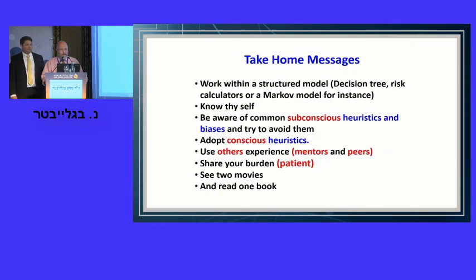And our take-home messages are work within structured models, whether it be a decision tree, a risk calculator, Markov models, for instance, but you should know the limitation. Be aware of common subconscious heuristics and biases, and once you know that they exist, you can try and avoid them. Adopt some conscious heuristics, use others' experience, mentors and peers, share your burden with the patient,